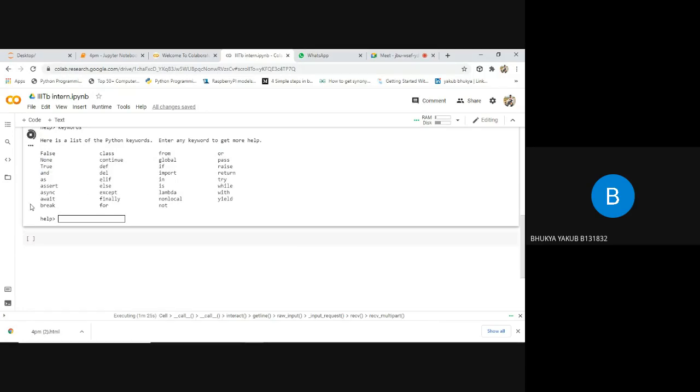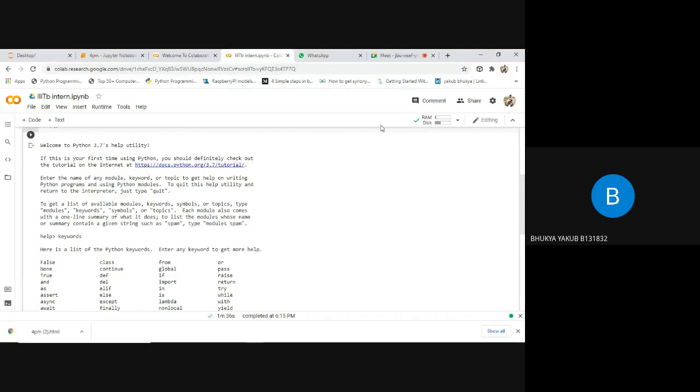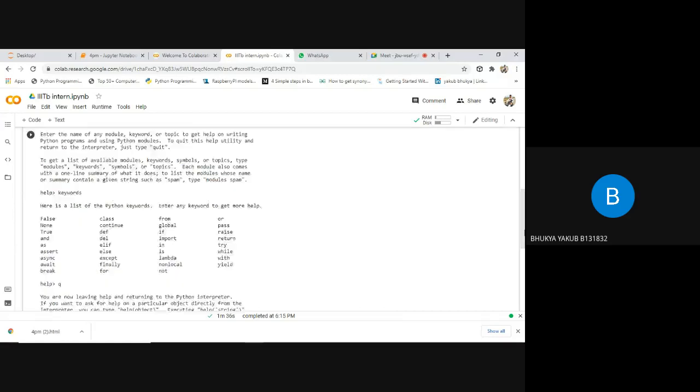Still we are in the help. It is still iterating in the help only. To come out of this help, we can enter the command q. Whenever we enter q, it will be terminated. Whenever it is terminated, you can see the right symbol, meaning no instances are still running. That is the meaning of this symbol. And here you can see an MX Player kind of symbol. It won't rotate if it is not executing.